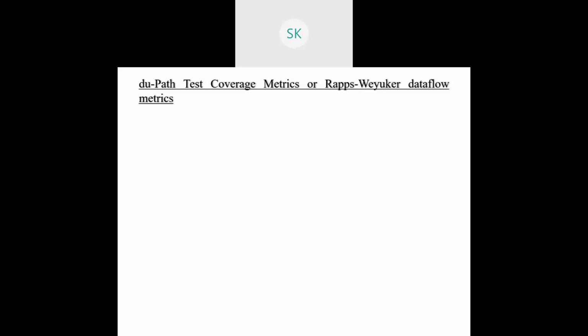Once the DU path is identified, then you need to check for one particular condition, that is definition clear. Wherever the first statement is a definition node, and if the same particular variable is redefined anywhere before reaching your usage node, then you cannot say that path is a definition clear path. So keeping all these things in our mind, we'll just move to the next topic.